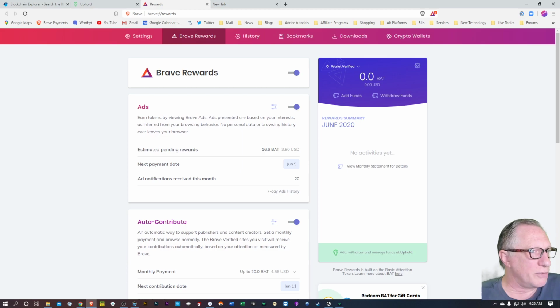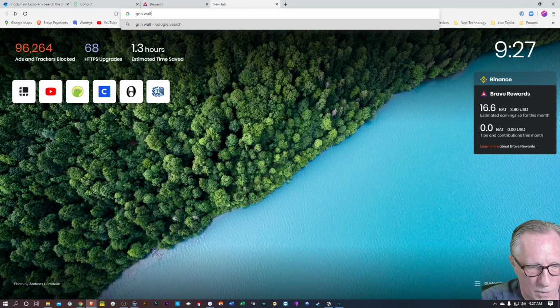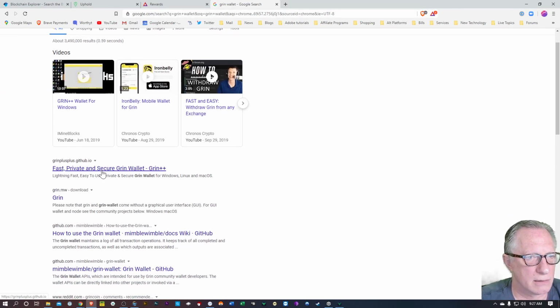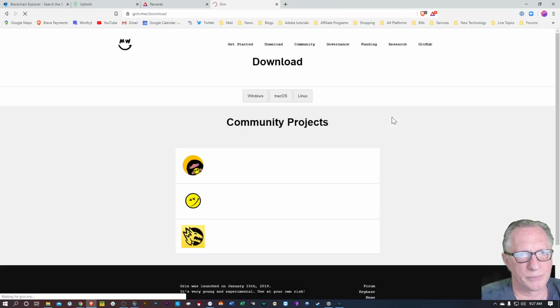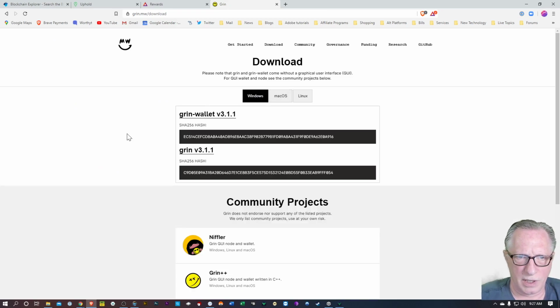How to use the Grin wallet. I don't have the Grin wallet installed. Unfortunately, I cannot demo that for you right now. The Grin wallet is a little difficult to use, but basically you'd have to go download it from their site, right? There are several wallets that you can download. Here's the Windows version.